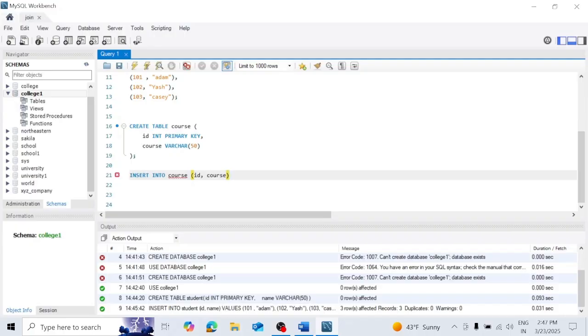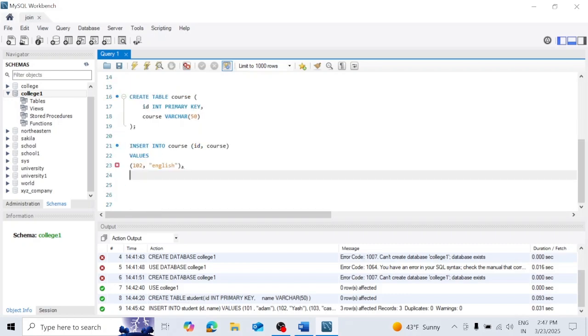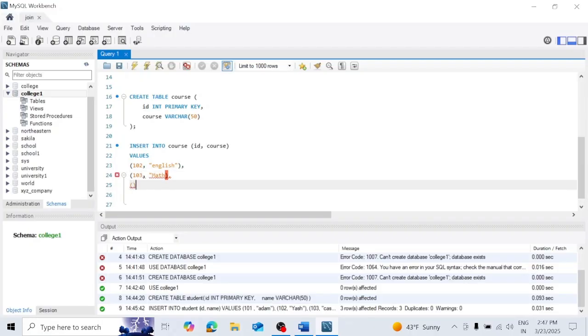I forgot to add that. And in the values, in values we want to add 102, English, use comma, 103, mathematics, math, use 104, let's say science,